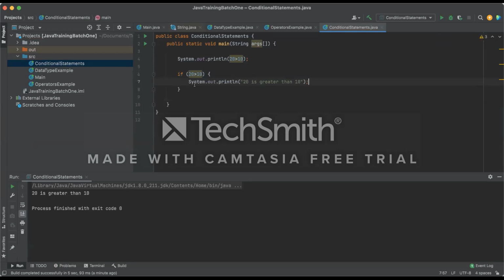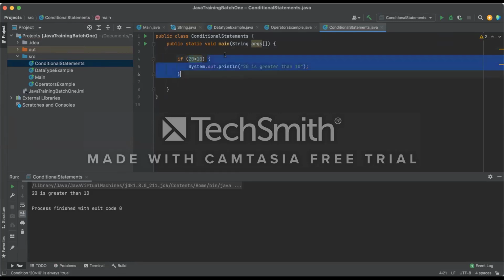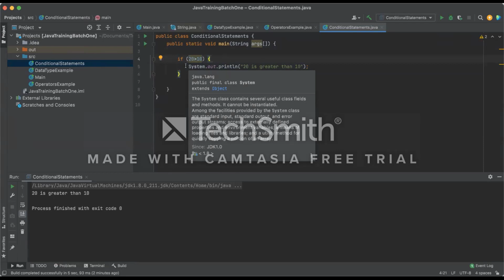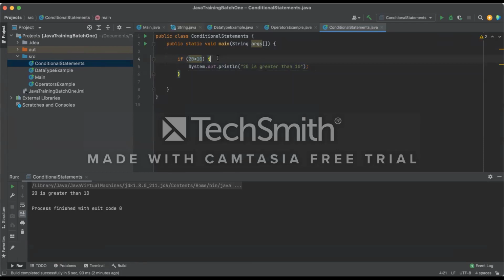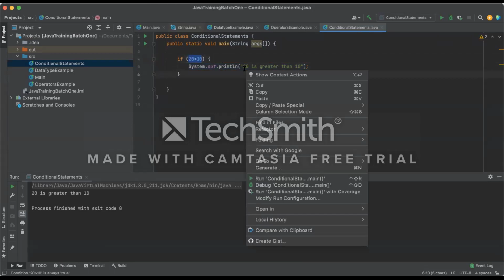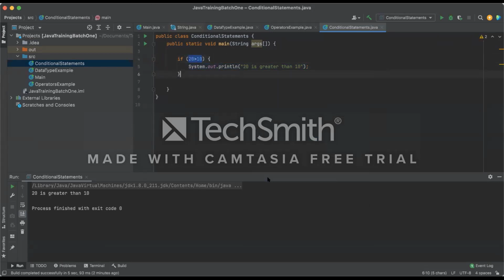I'm saying if my condition with the if statement is true, then the lines of code inside this if statement, meaning between the opening and closing curly braces, will be executed only if this condition is true. So for example, if I run this program,